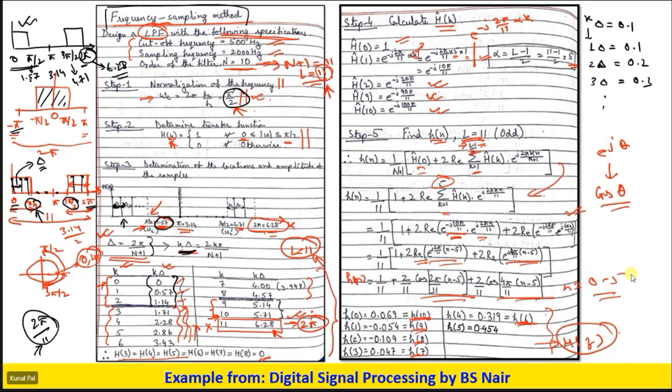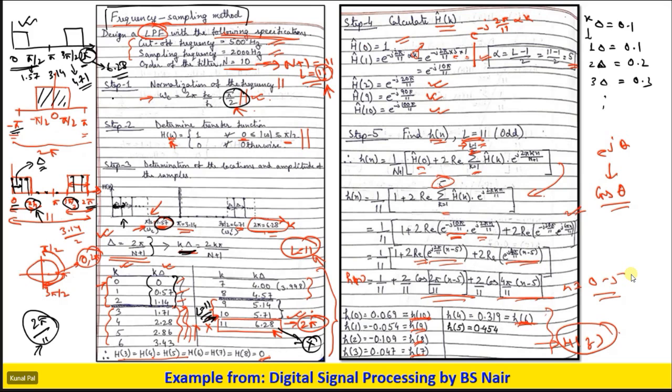But we have another passband region from 4.71 to 6.28. But 6.28 and 0 are equal, so we do not take the 6.28 here. And it would also not come even if you see the k values of 0 to 10, that 10 would be the length equal to 11, right?